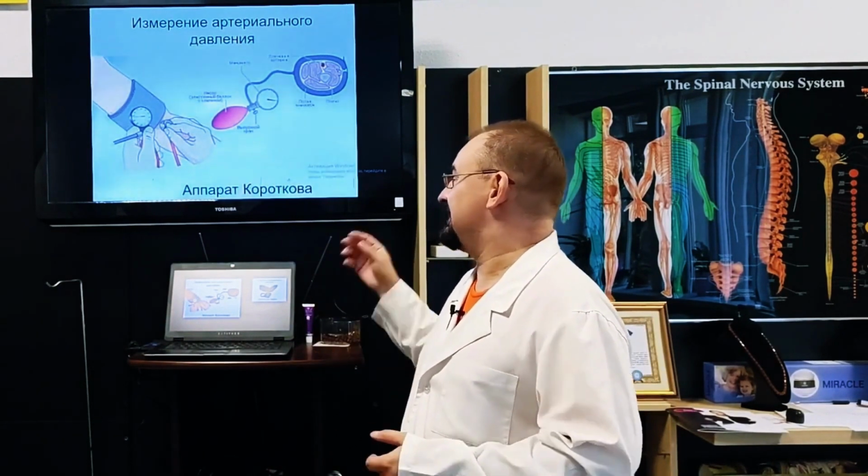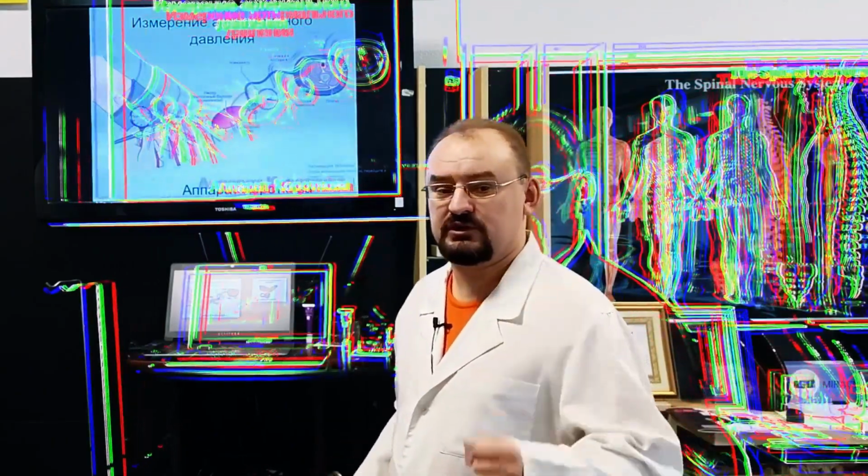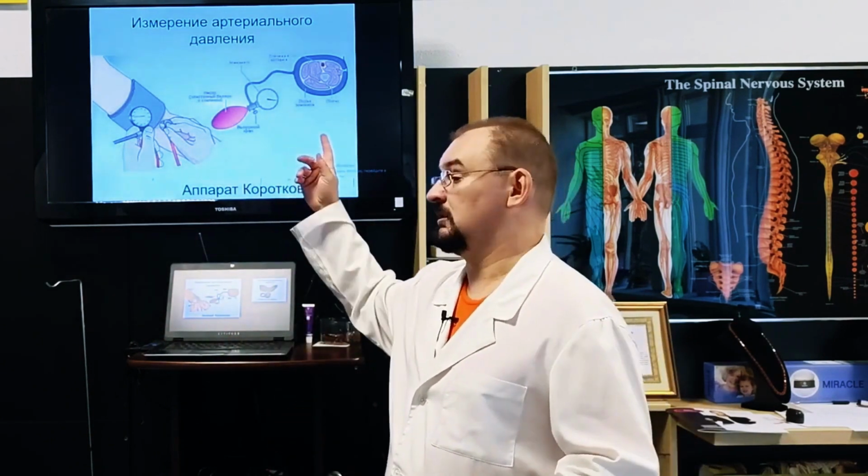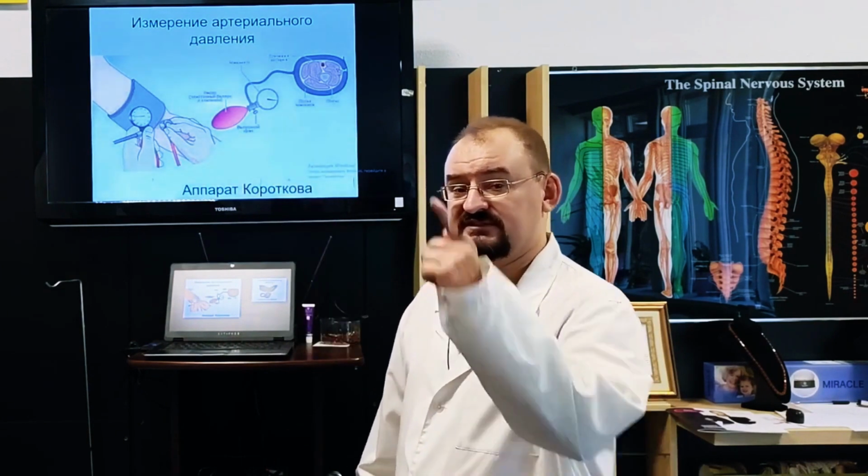In this case, there is no longer a mercury column. Now there is a manometer dial that shows the pressure to which I have inflated the cuff with air. So I pumped it up to 160. I still hear the tapping. 170. I still hear the tapping. 180. No more tapping. So I inflated it until there was no more tapping. Then I slowly release the air and see that the tapping reappears at 170. Oh. Write it down. Systolic is 170. I keep releasing, and at 110, the tapping can no longer be heard. Then I record diastolic 110. So 170 over 110. We have high blood pressure.